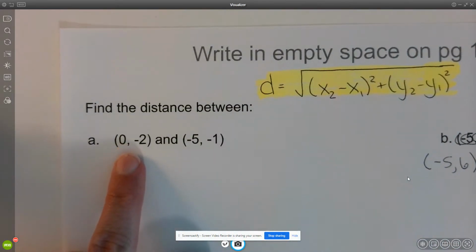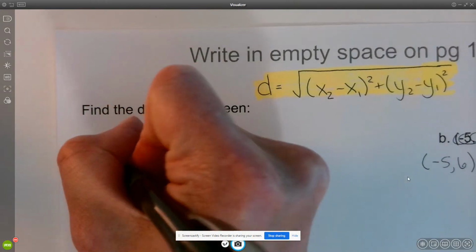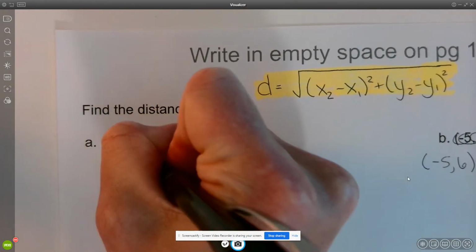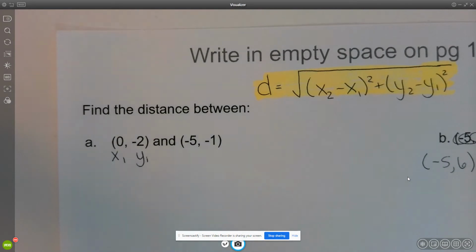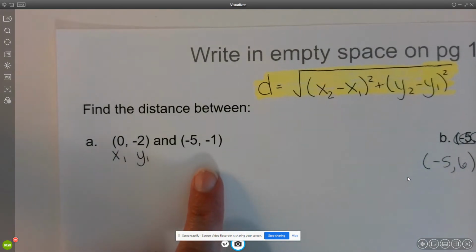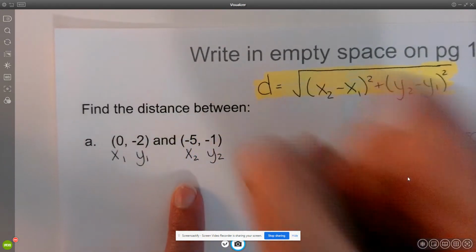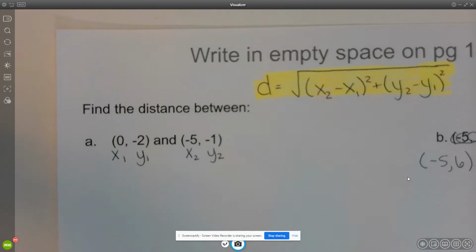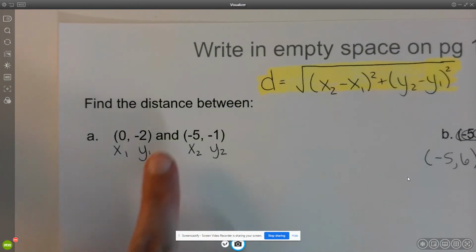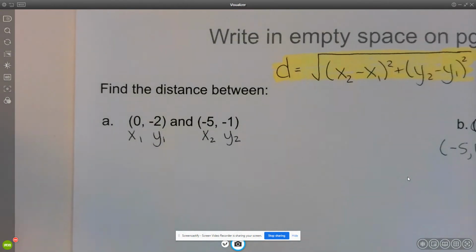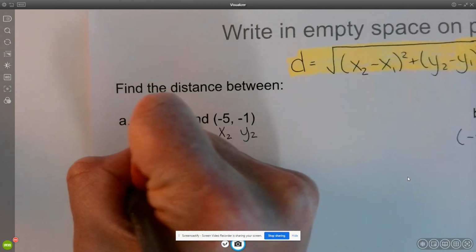So my first point, (0, -2), I'm going to label with x1, y1. Remember, the x coordinate always comes first, and the y coordinate always comes second. And then my second point, I'm going to label x2, y2. And now all I'm going to do is substitute my numbers into the distance formula. So the distance between these 2 points